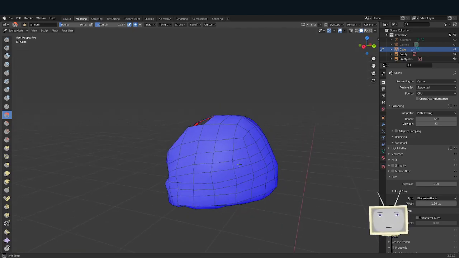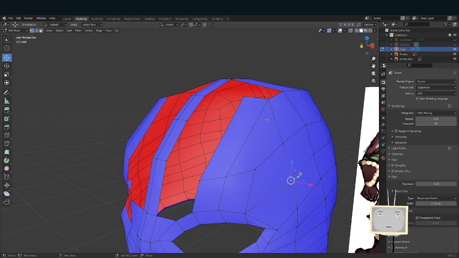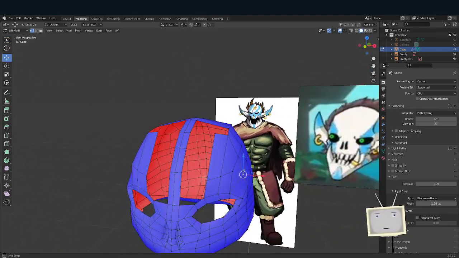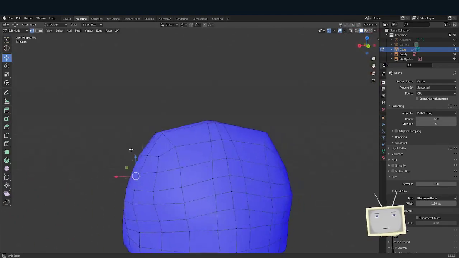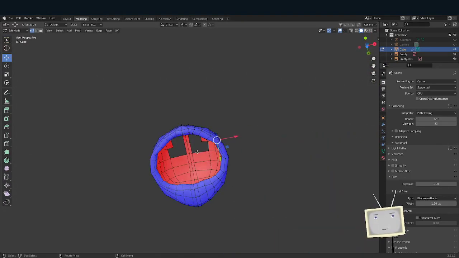I usually wait till later to sculpt it, but it was a little bit weird. So let me fix that up. So either I split that into multiple. Actually,